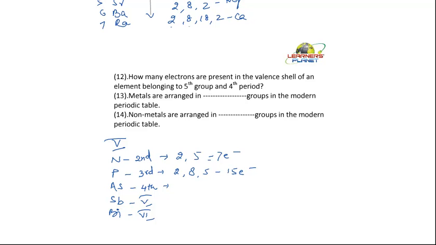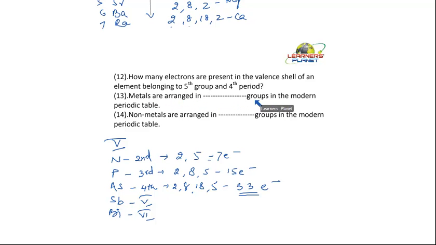And the fourth period is what? Arsenic is there, right? So how many electrons would be there? How many elements are there in the fourth period? 18. 2, 8, 18 and 5. The sum comes out to be 33, is it? 18 plus 2 is 20, 20 plus 5 is 25 and plus 8 is 33. So how many electrons, students? It is 33 electrons. Okay. Likewise, it will go on increasing.